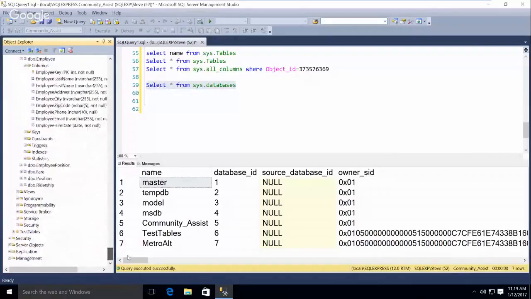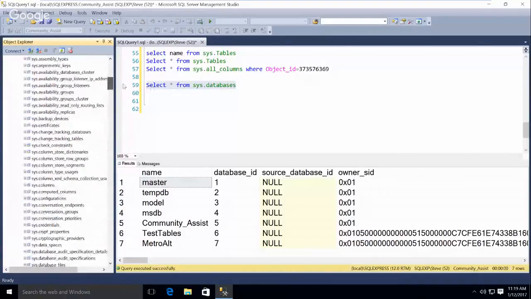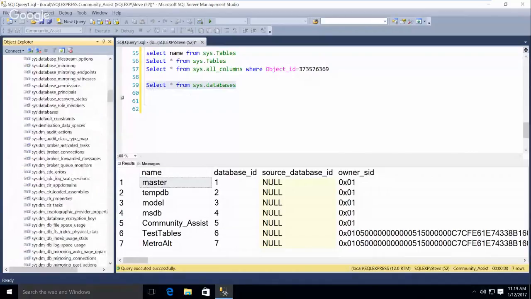A lot of times you might want to join things because you'll have a view of just columns, and a view of just data types. I mean, literally, there's a table for everything, views for everything. One of the rules that the inventor of relational databases had was that all information had to be stored in tables, including data about data, metadata. So everything in a relational database is stored in tables.